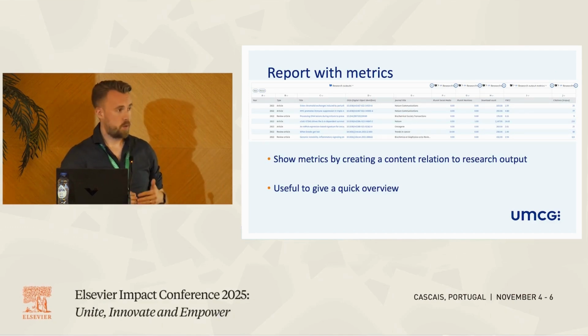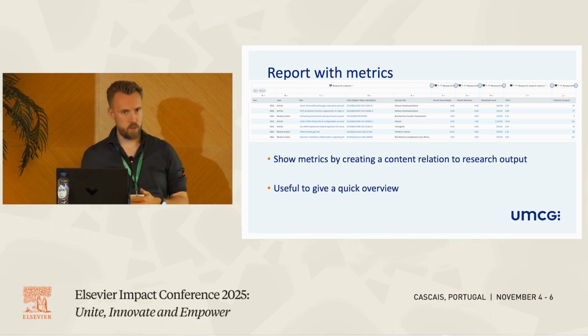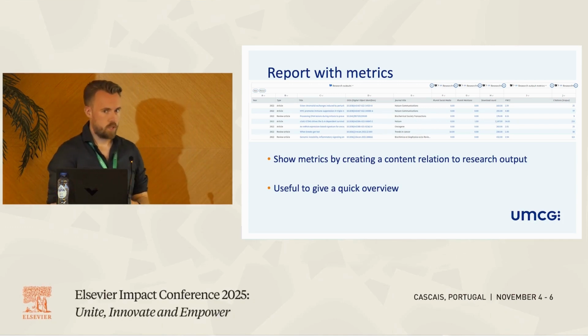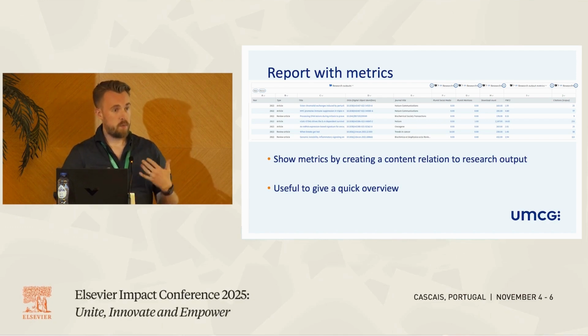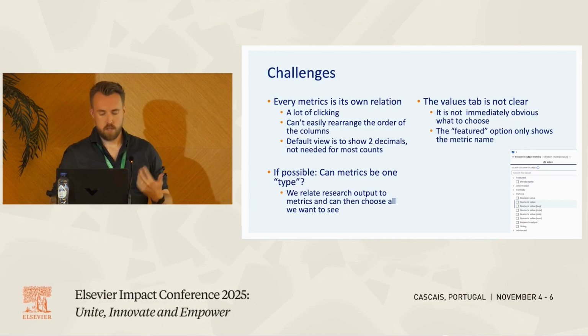So within our Pure, you have the metrics like the citations or field-weighted citation impact. You got PlumX metrics or download statistics. They're all in Pure. You can get them out using the report module. And I do this because I can make a report that just very briefly gives an overview of all of the data that we have. But it's not really